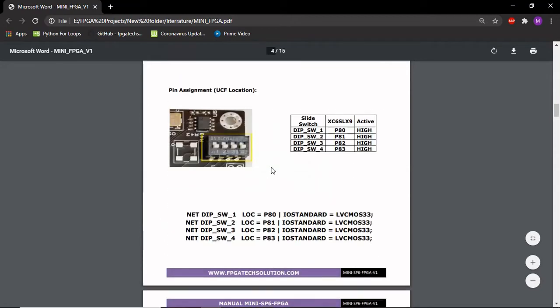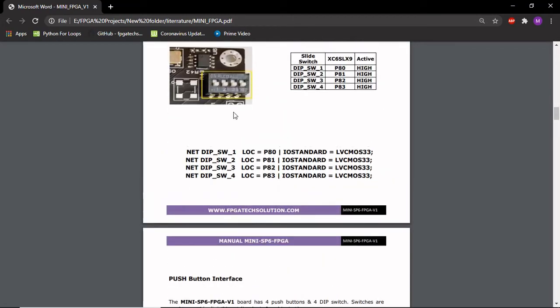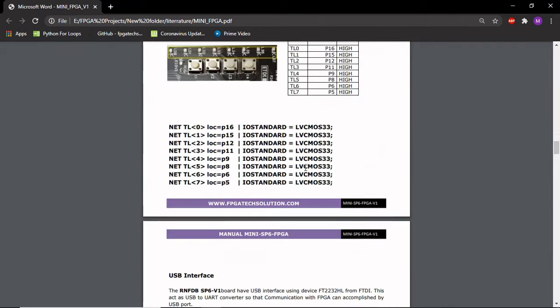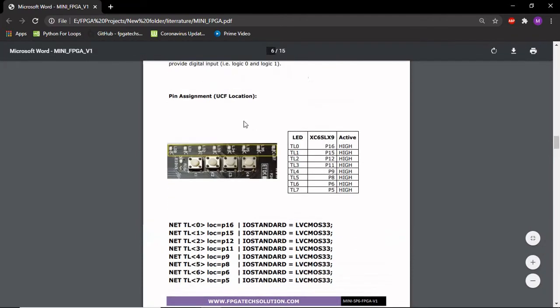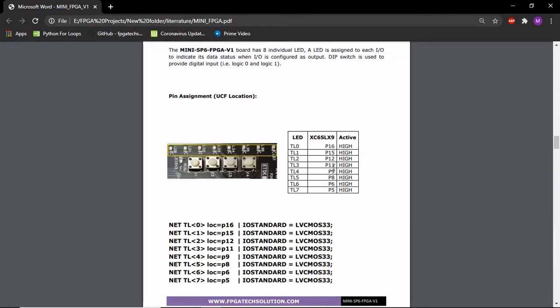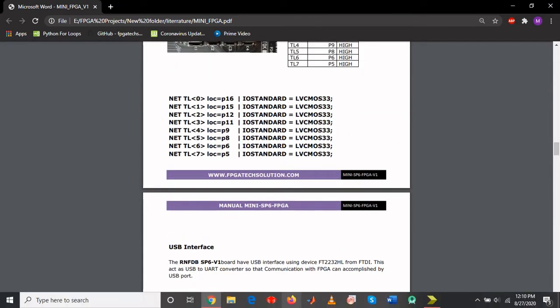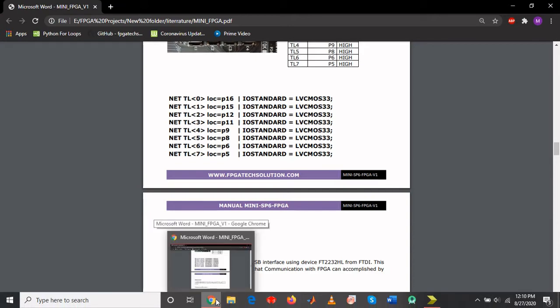As you can see, I have dip switches as well and push buttons also. So we are going to use this one for our switch. As you can see, this is the port number. This is where it's actually present in the FPGA. So I'm going to use P17 as my switch. And for an LED, we have 8 LEDs here. Let's take P15. P15 will be our LED. We can choose any one, but I'm choosing P15. So this is where we physically define our switches.